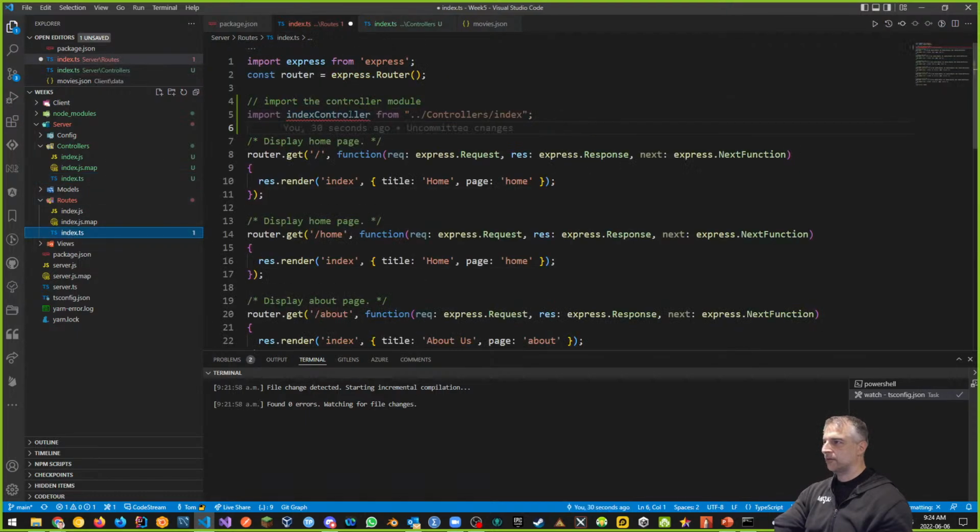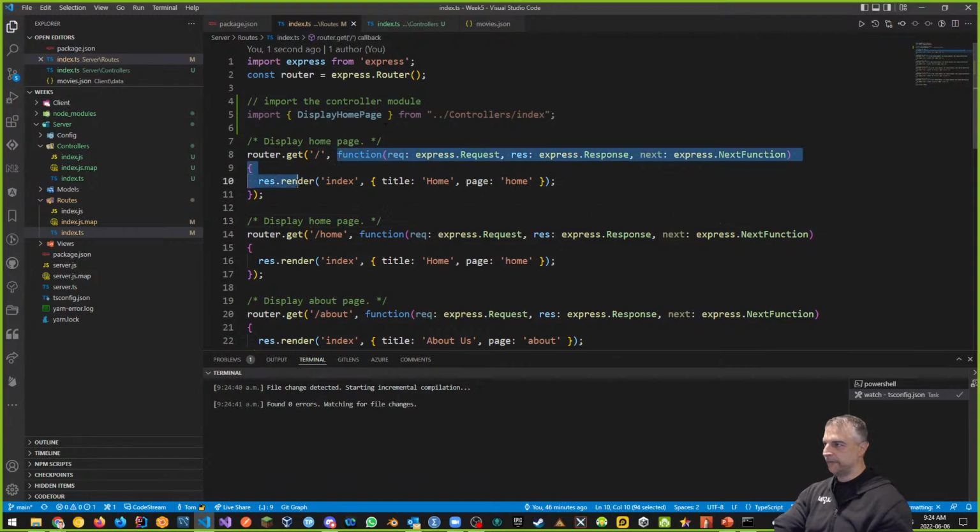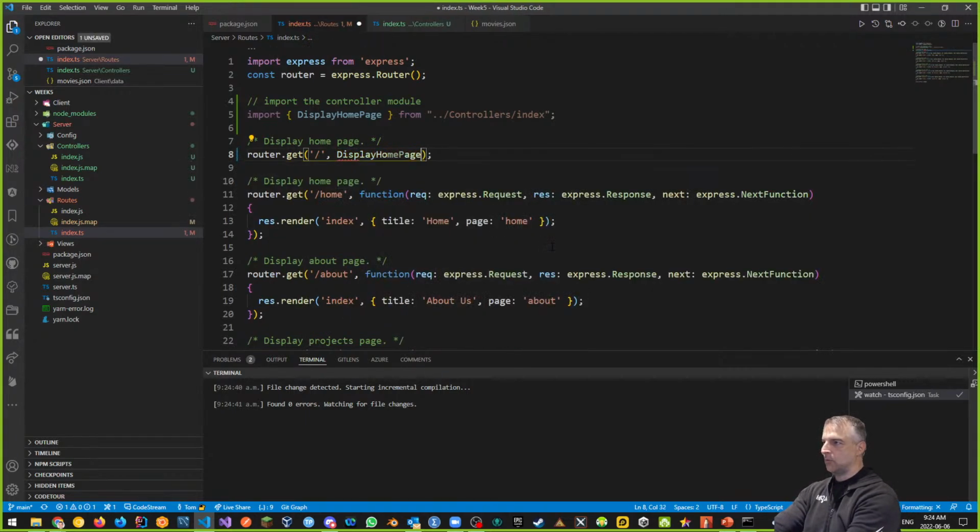And the way to do that is, instead of using a name like this, we can say simply I want the display homepage module or function. That's what I want. I want the display homepage function, only that one, from the index controllers module. And if I want to use it here instead of my function here, I literally just replace this function call with display homepage. That's it. And if you notice, if I do that again, because this one is the same for both the / route as well as for the home route,